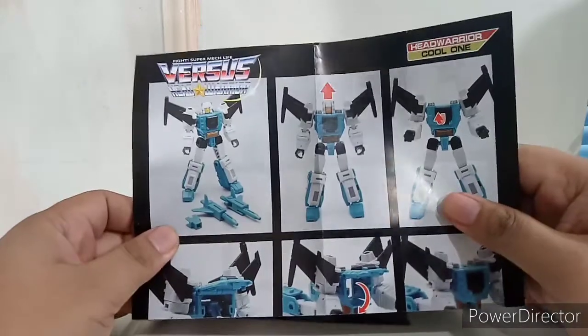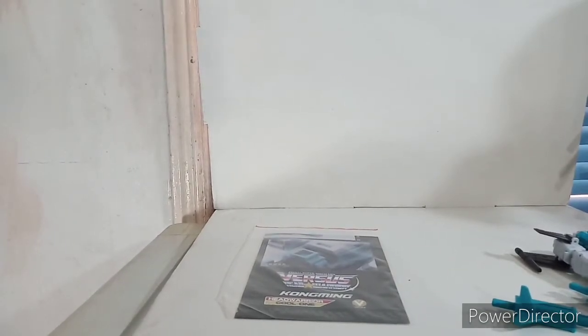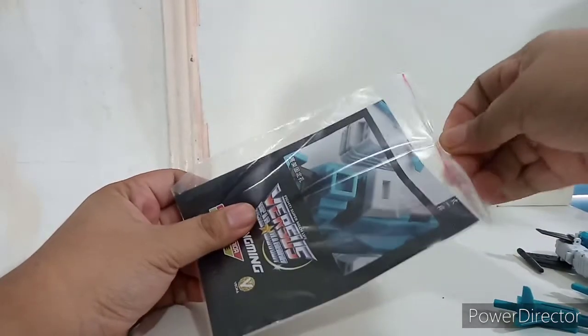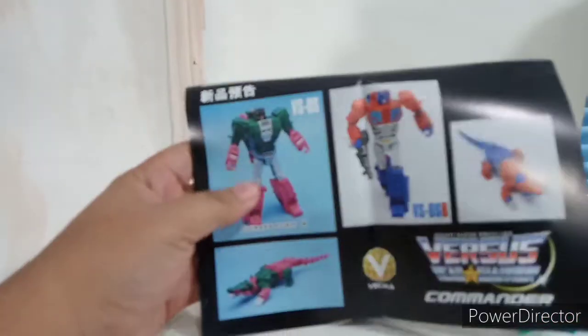This looks okay. I mean, I like the very bright instruction manual. It's very colorful. Let's put that there. I keep these, what do you call them again? Ziplocs. Use them for parts, Gundam parts. What else? Like accessories and whatnot. What's this thing? Oh, it's another manual. Oh, it's like an ad. So you get, well, I'm definitely getting